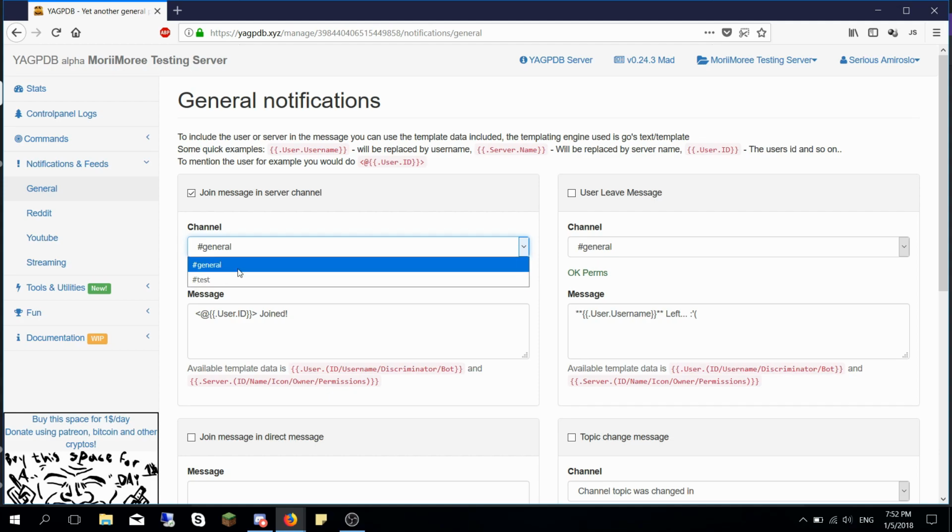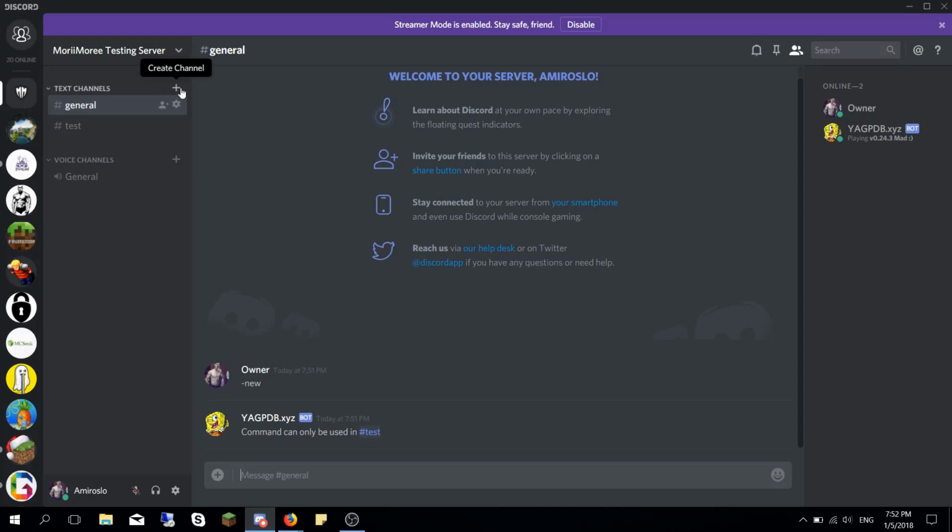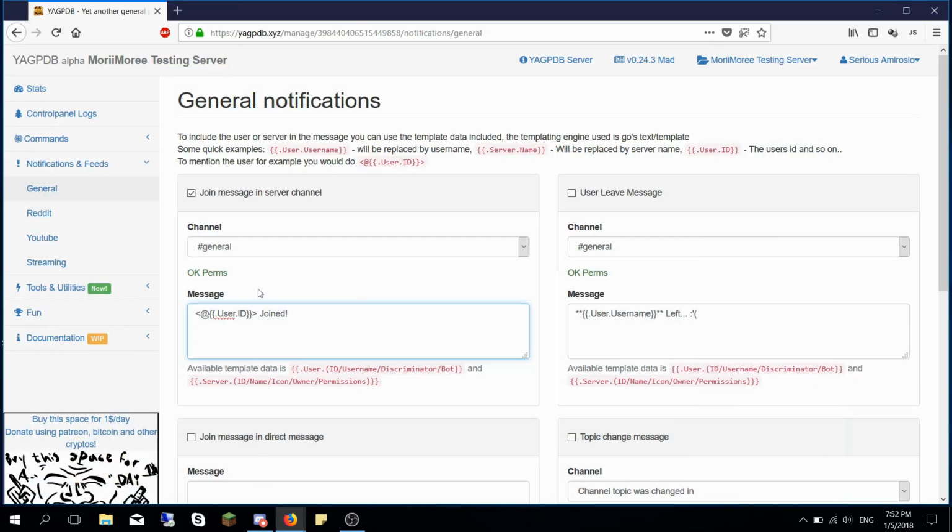And I'll put it in general. For example, you can create a separate channel called welcome, and make it so nobody can write anything there except for the bot, just to reduce the spam in the general. And then you can use this one to ping the user when he joins, and you can tell him like,